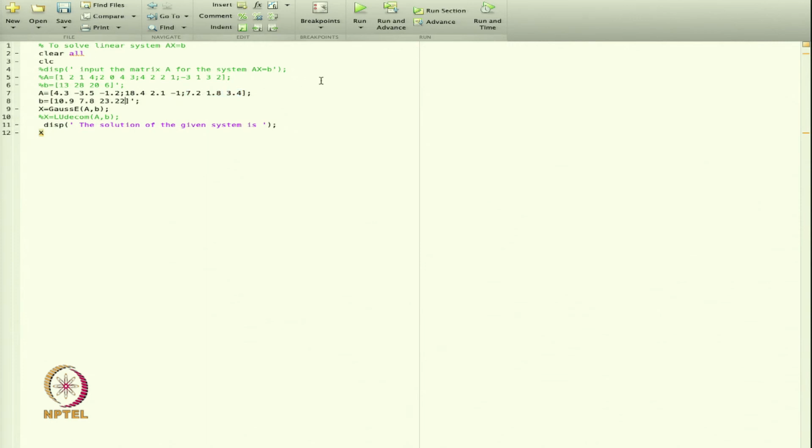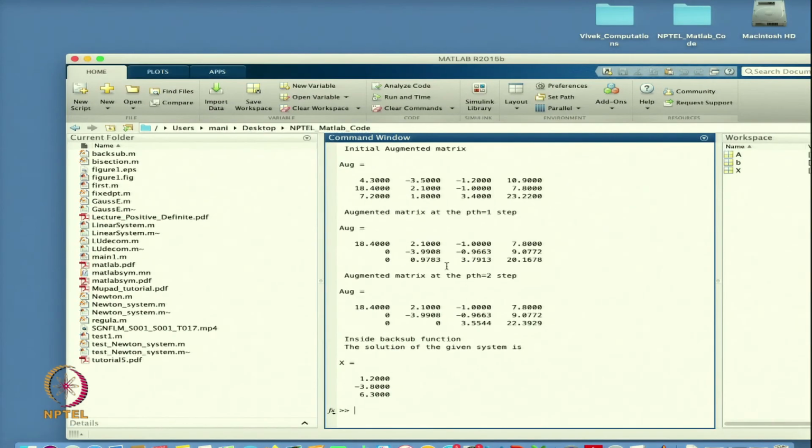I will now run this code and this is my value. My initial augmented matrix is this one, basically that is my system. At the first step, because in this case only 2 steps are needed, the first step will give me this value and the next step will give me this value.